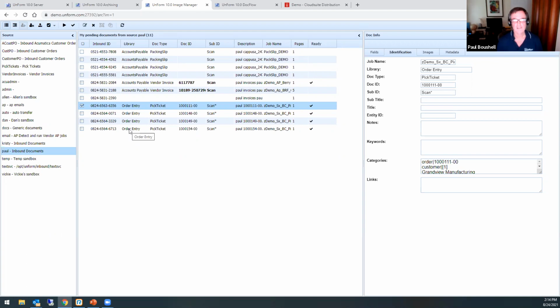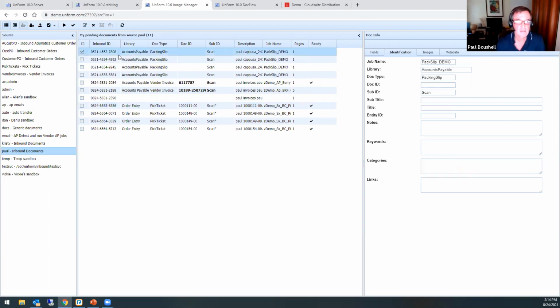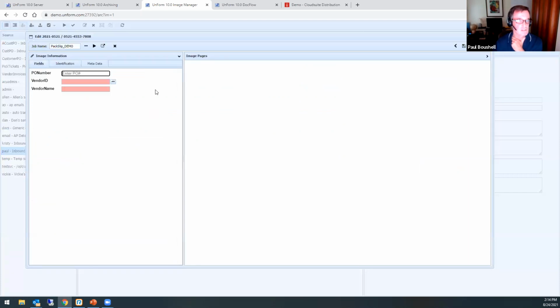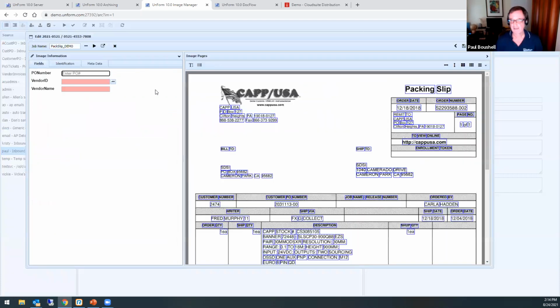We also have the ability to pull data out of your ERP as well. So in some cases, this is an example of a vendor packing slip. Those come in, and this is an example of what we call a prompt job. So it's going to ask me for what the PO number is.